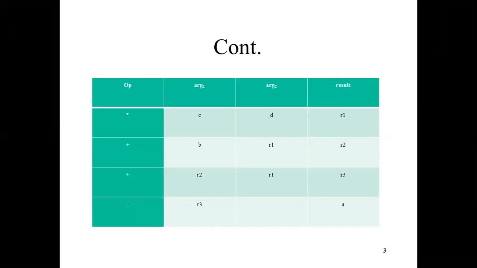So we are considering here C star D, then argument 1 is C, and argument 2 is D. We will prepare one table, and in that table we can store different expressions. How will we prepare the table? First is called the operator; in this column we will store the operator symbol. Second is called argument 1, this is temporary variable 1. Argument 2, this is temporary variable 2. And result, this is temporary variable 3.